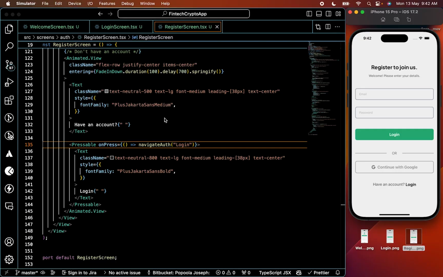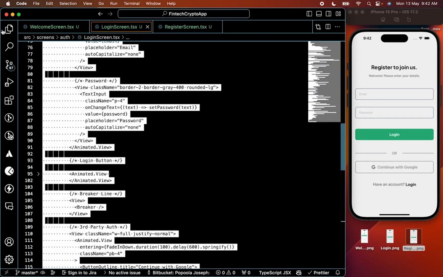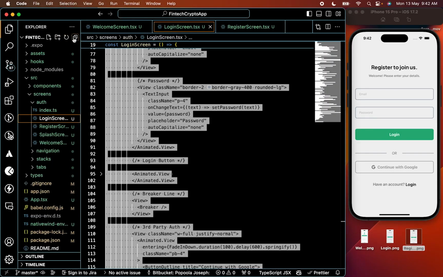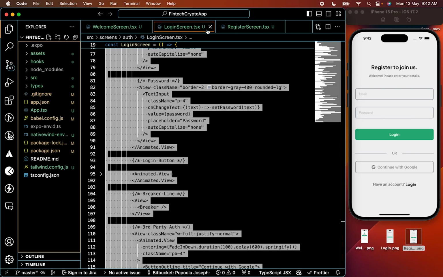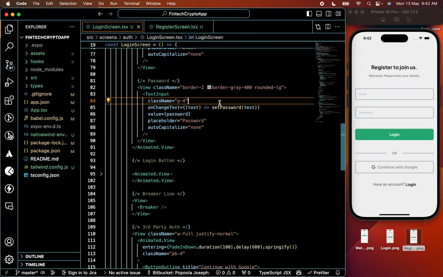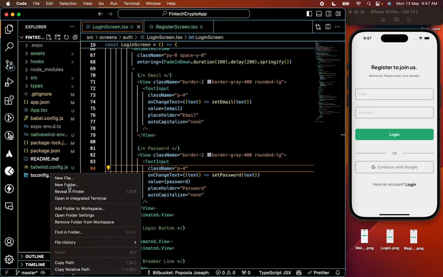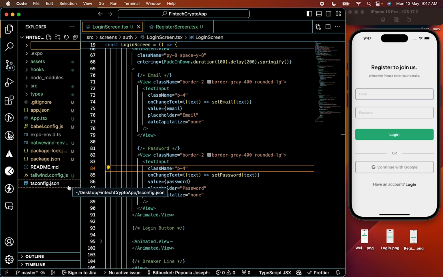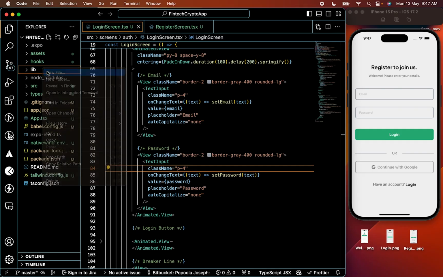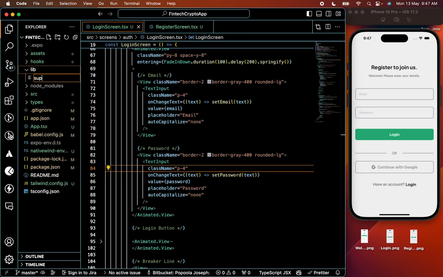So let me just head back into my screen here. So this and this, I'm going to leave it. Let me close the welcome screen, and this is where I'm going to set up things right now. All right, so first things first, let me create a new folder in my root directory. So I'm going to call this lib, and this is where my Supabase configurations are going to live. And I'm just going to create a new file here. I'm going to call this